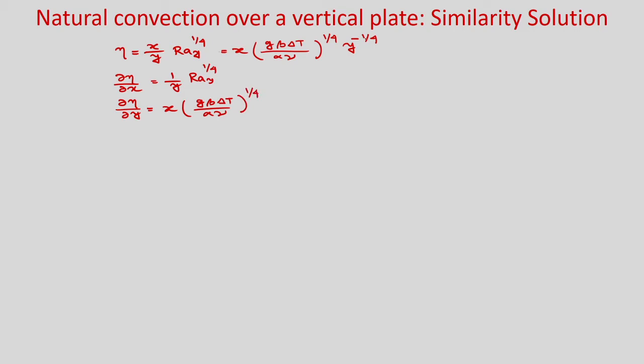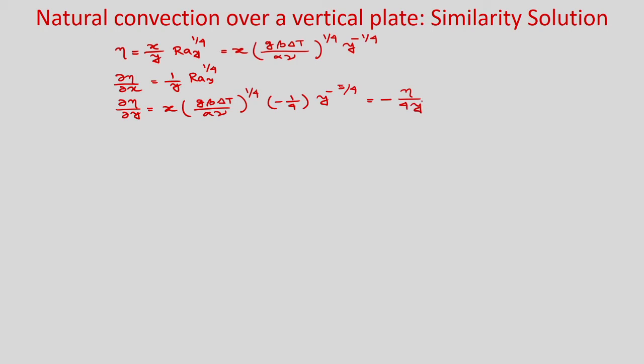So, now y to the power minus 1 by 4. So, it will be minus 1 by 4 into y to the power minus 5 by 4. Okay. So, now you rearrange it. Here, if you put y cube, it will be y to the power 3 by 4. So, you can put that here, simplify it, and you will get del eta by del y as minus eta by 4y.